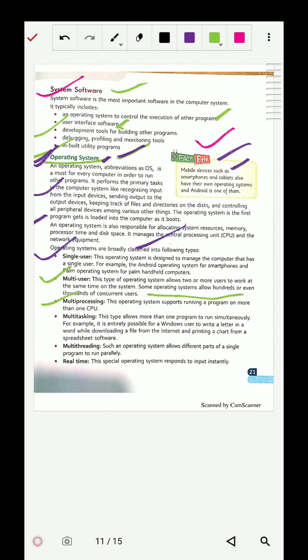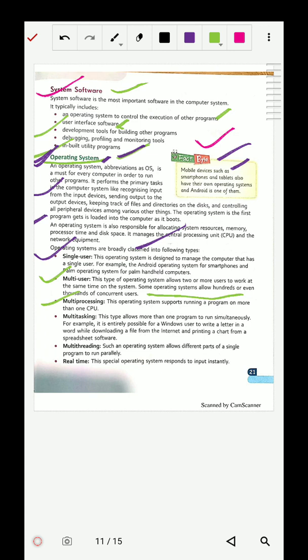The multiprocessor system allows communication between multiple CPUs. There are multiple CPUs, and it makes it possible to communicate with all the CPUs, with shared memory and input devices. That is multiprocessor.